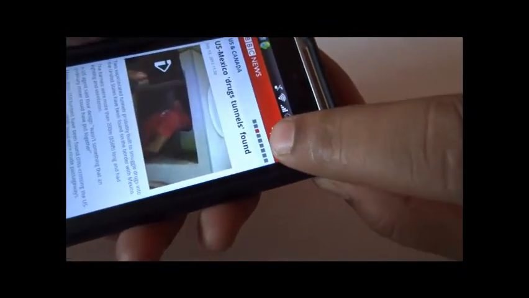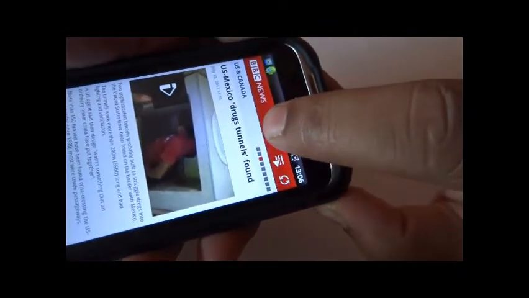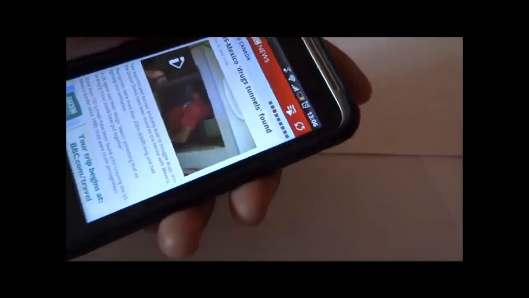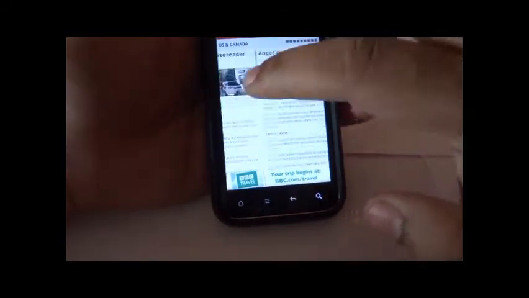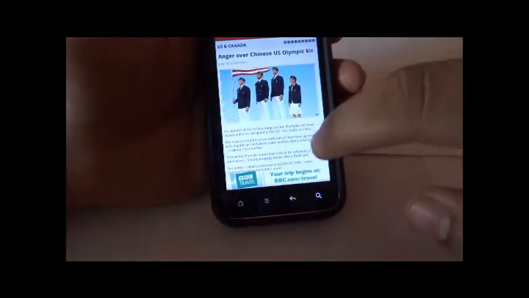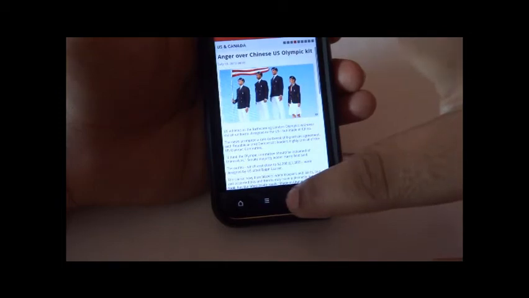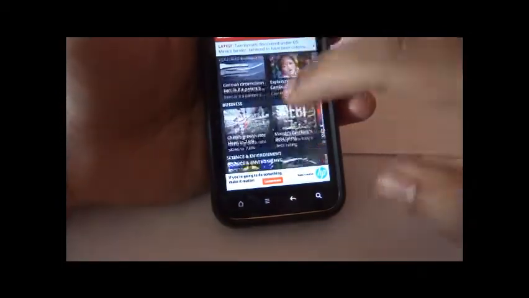Alright, so if you notice, you can see all these boxes over here. So you can see that the third one's red. So you're presently looking at the third news. So if you want to look at the fourth one, you just slide it again to look at all the news. So to go back to your main panel, you can just press the back button and you're back to the panel.